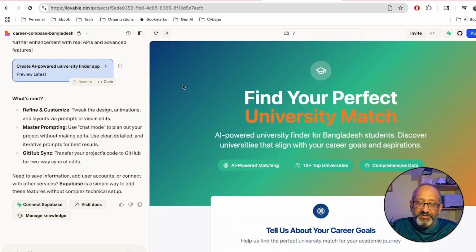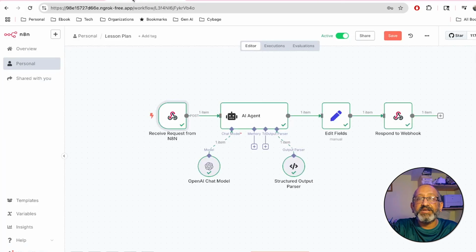We have shown you how you can use an N8N workflow and integrate it back with Lovable using the webhook and the webhook response. Going back to our original thing, the webhook gets the data from your website or your application, and the webhook response provides back the data with all this process, all the workflow that you have put together.